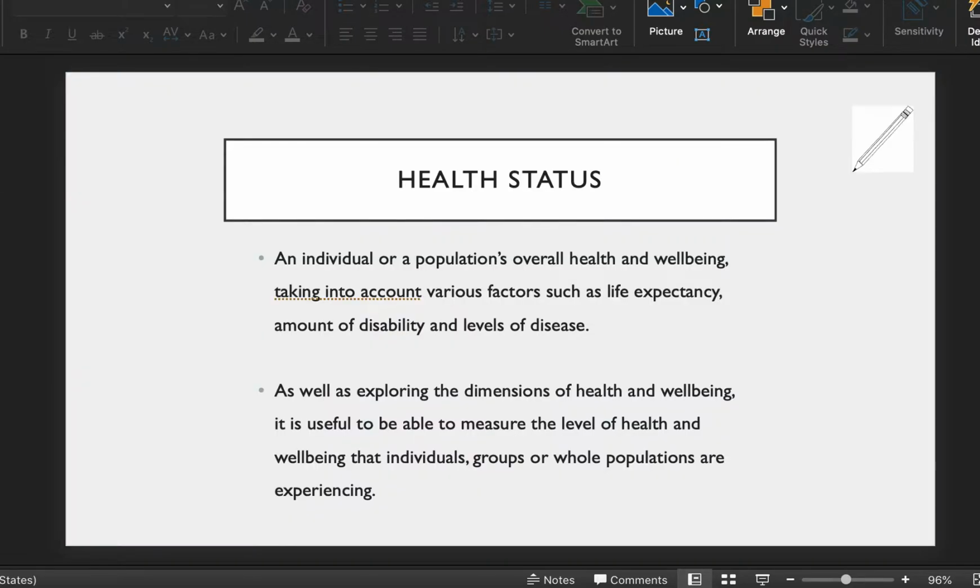I'd like you to take some notes about these couple of dot points here. When we refer to the word health status, which is on your glossary of terms, we're talking about an individual or a population, as I mentioned earlier, the overall health and well-being. Now, when we look at overall health and well-being, we need to be reminded of last week's work in Years 7 to 9 health, which is the 5 dimensions of health. And those 5 dimensions of health